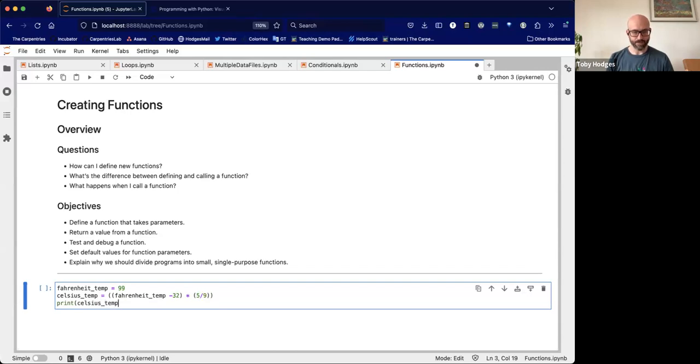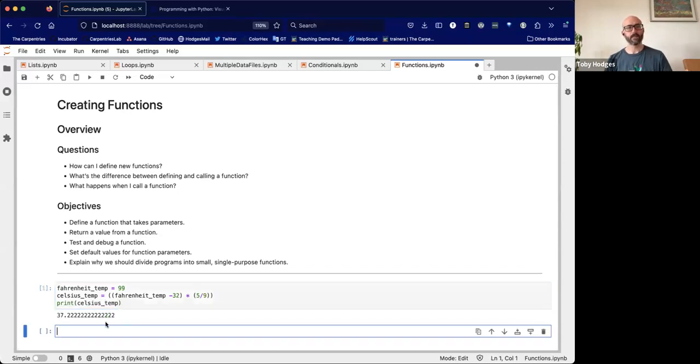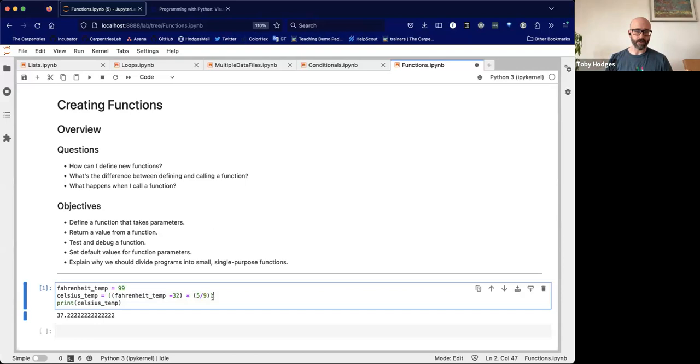Celsius temp. Okay, great. So we've got this, but then we might want to perform this kind of conversion operation